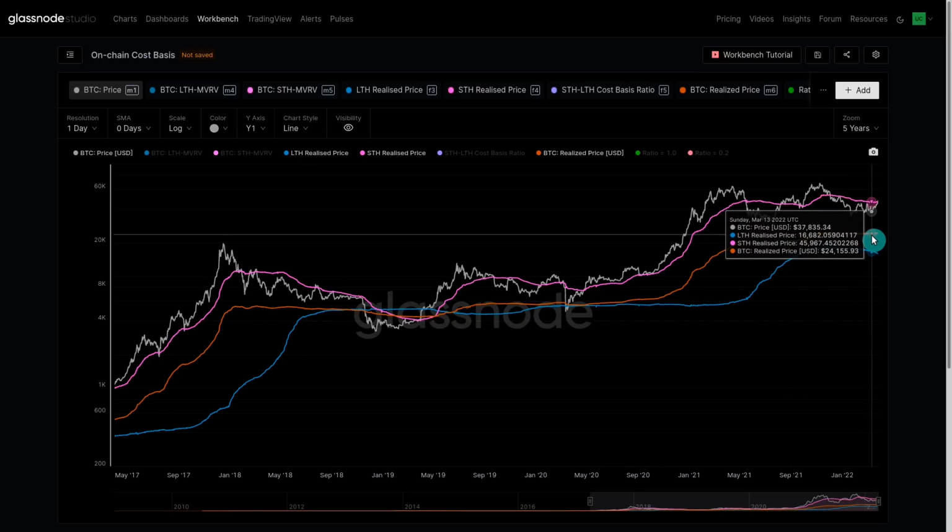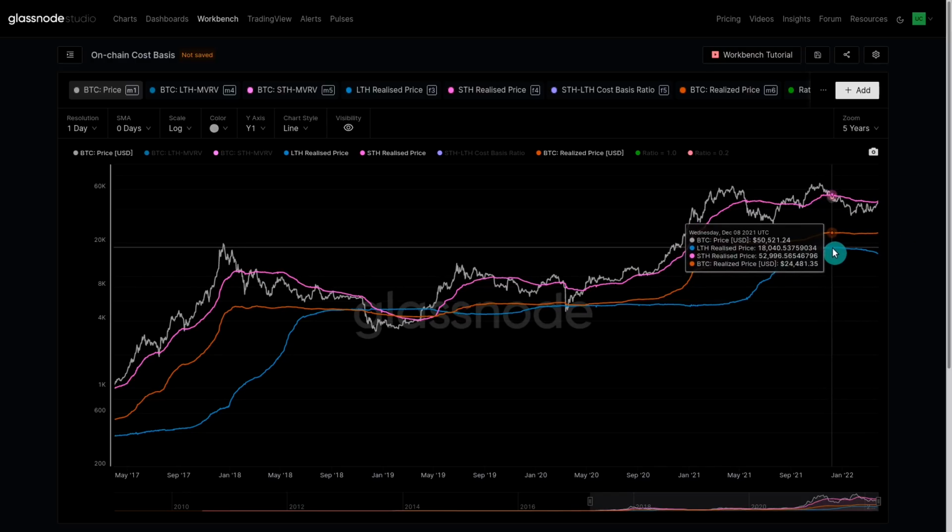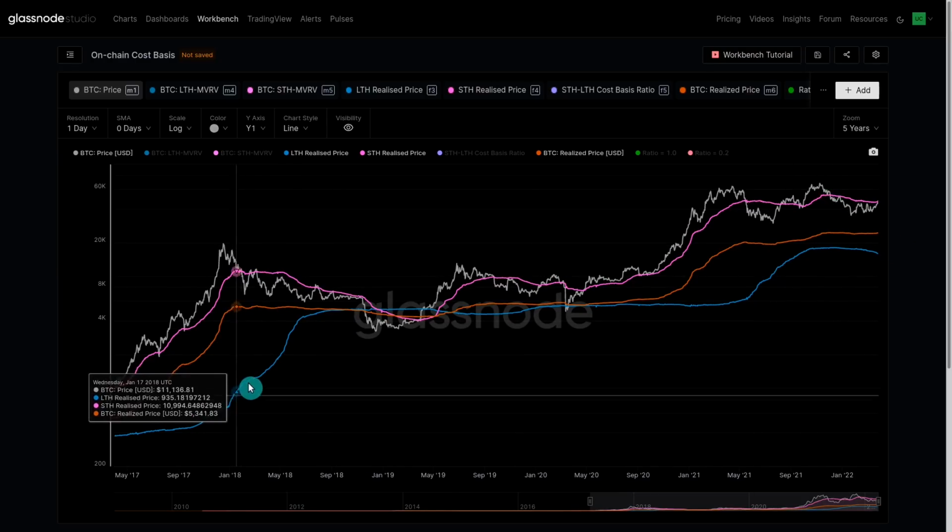We haven't come back down and tested the overall cost basis in the realized price, which is trading down here at about 24,200. Now we can see that the long-term holder realized price in blue is a much slower moving